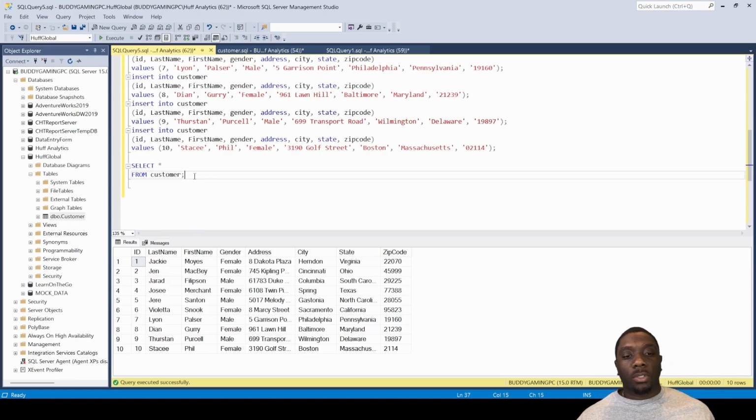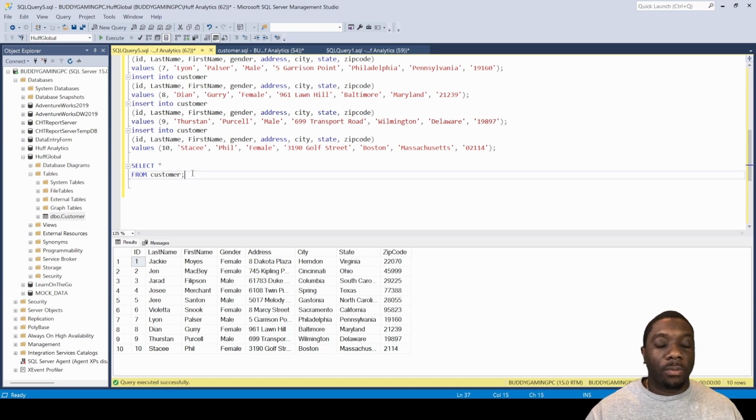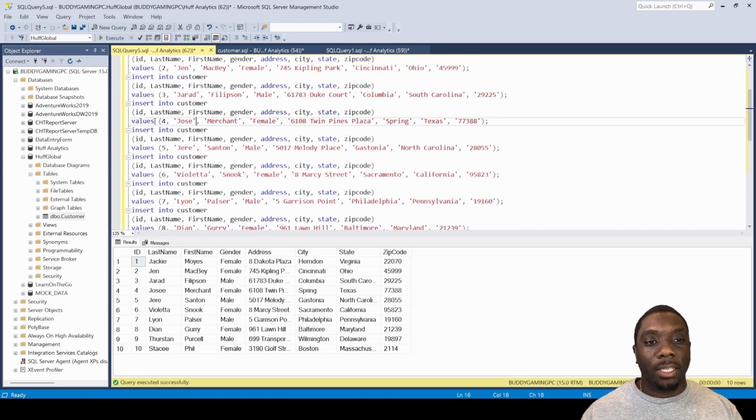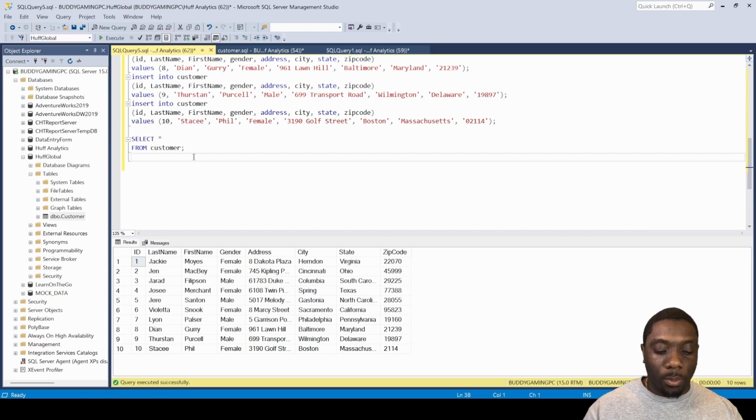Now, the last thing I want to show you guys is, imagine if you had one too many letters on the end of somebody's name. So let's take for an example, Jose. We see here we have a misspelled Jose. In order to fix this, first I want to come here and let's just fix it. We're going to fix it, but we're not going to do anything just yet. But just keep in mind that this ID number is number 4, just like up here, just like down here. So what I want to do to fix that is a delete,